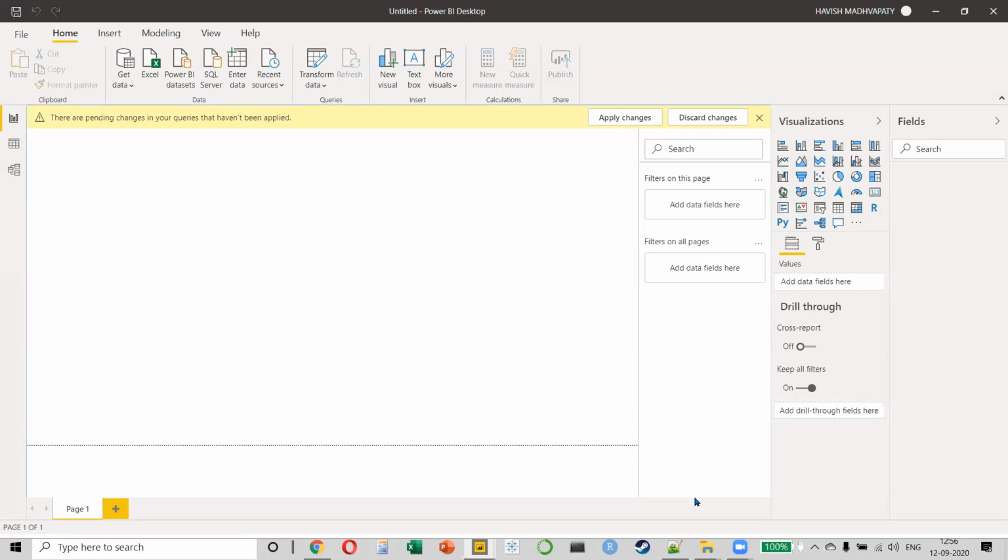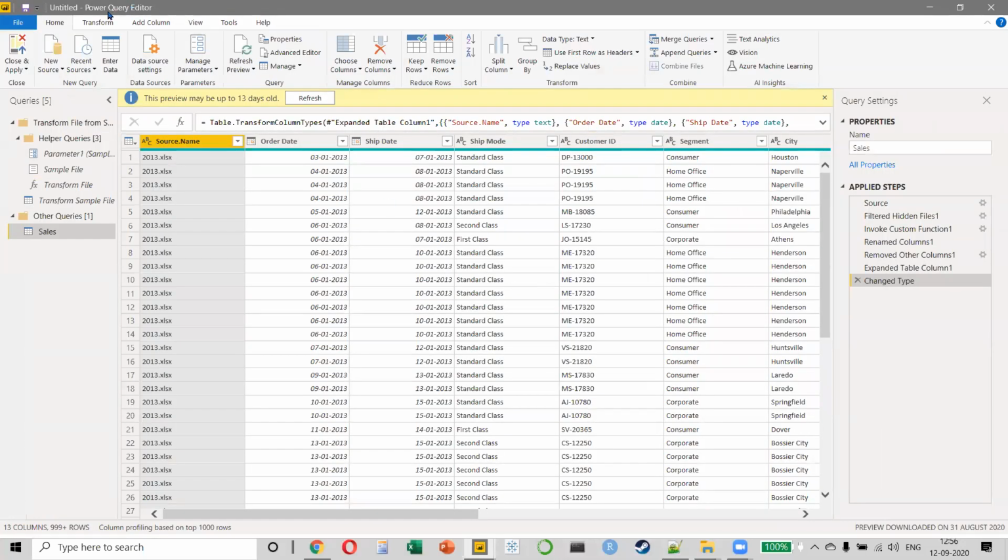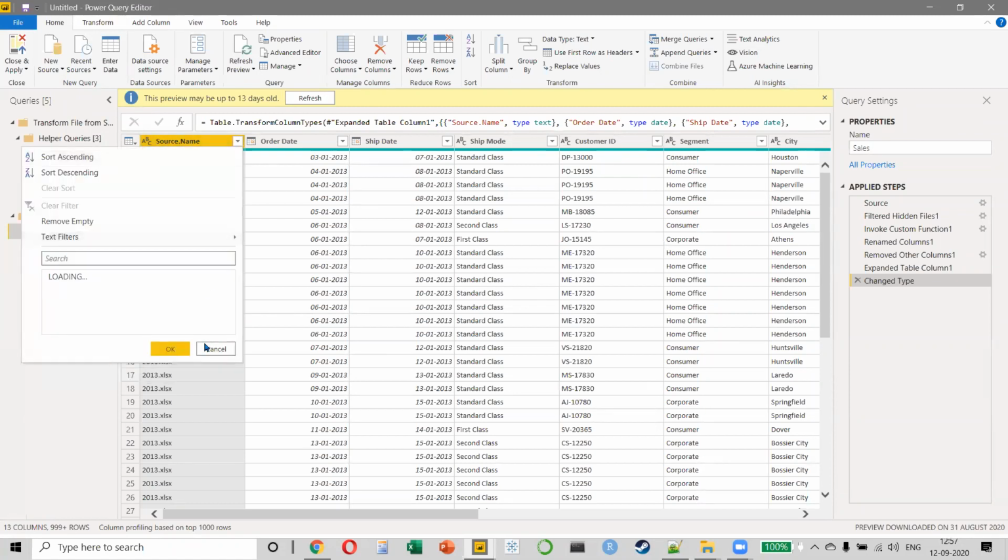All I did was I selected a folder, and now a new window will open up called Power Query Editor, this one. And if you look at the first column, everybody, it's called Source.Name. And in this, 13, 14, and 15 have been combined together automatically. Amazing, right? With no manual effort, you have managed to combine all the multiple files into a single master file. Any questions so far?